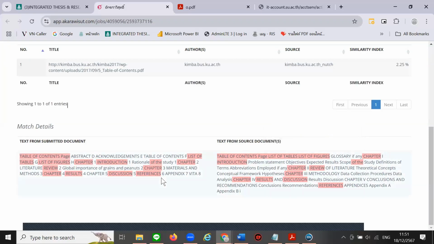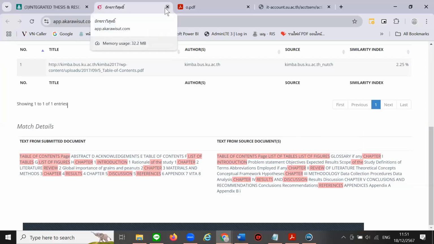If the similarity index is too high, we can modify the words to avoid this number. Okay, with the officer for the speed,